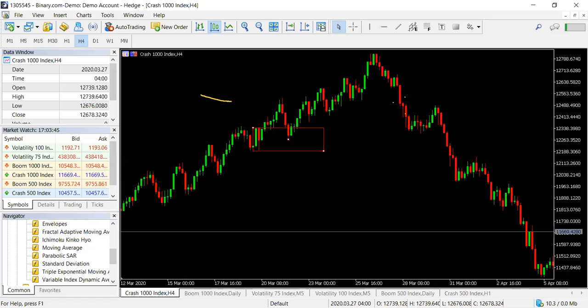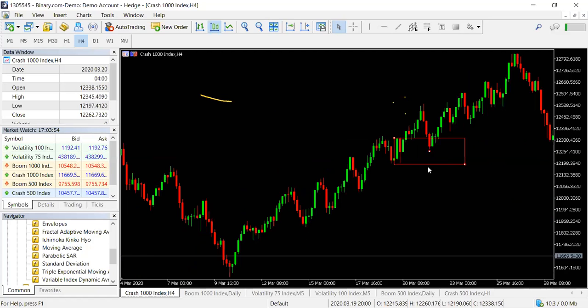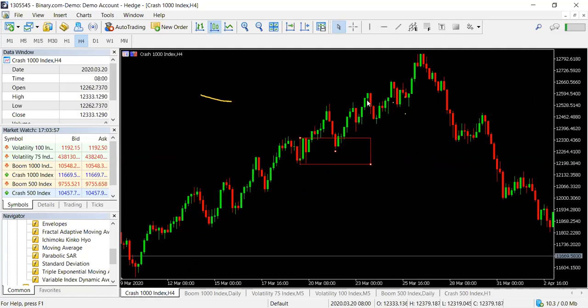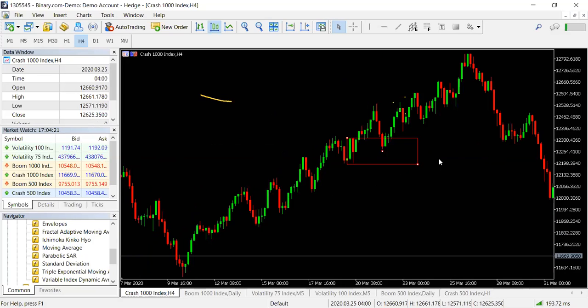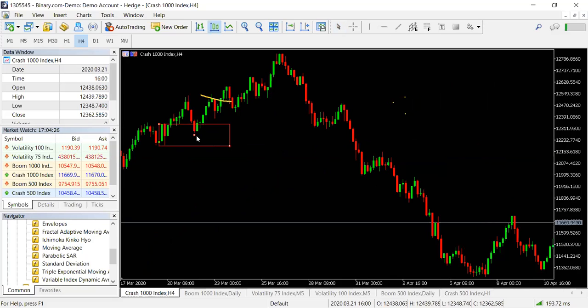In crash, we will be what? We are waiting for spikes, you understand, to crash. But there's also a bullish trend if you want to trade it, you understand now. So you can trade it up and you can also trade it down depending on your taste. But what I will advise is whenever it's a bullish trend, don't try to take the spike, ignore it, go to another pair and look for it. But when you are on a bearish trend, that is when the market will be very suitable for you. All you just have to do is wait for retracement, like this kind of retracement. Just wait for it to happen. When you have a higher probability setup, it's very, very nice because you won't waste a lot of money